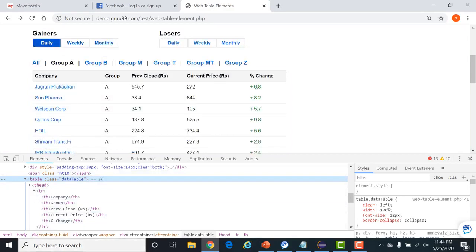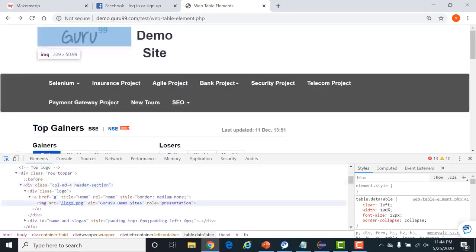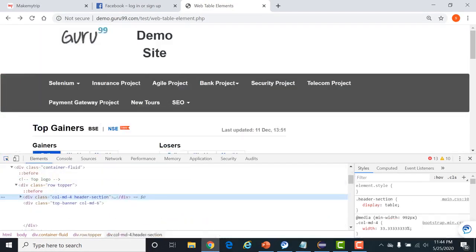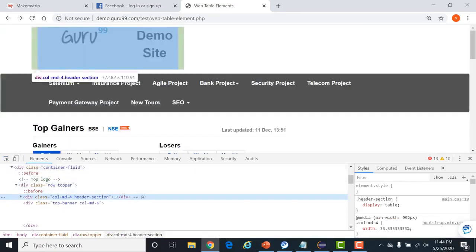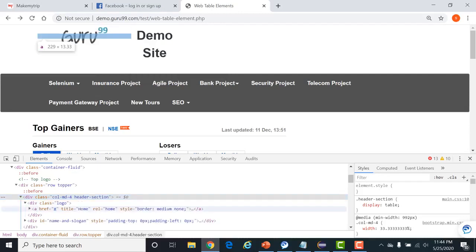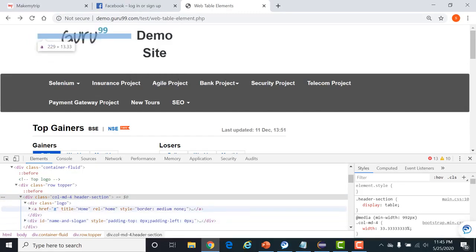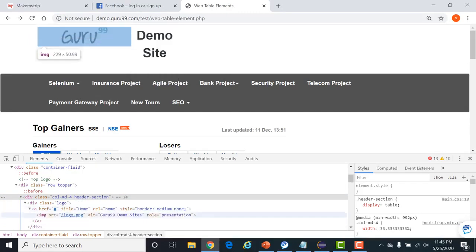I'll give you one more example like this. See, this is the logo of this application, right? You can see this is the logo, Guru 99 demo sites.